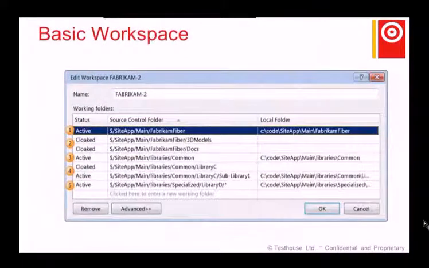So here we have a screen where a simple workspace is going to be defined, and I'll point out some of the things that you can do within a workspace using this screen. You can see there, point 1, every workspace is built up of a series of source control folders and local folders. The source control folders on the left are where the system will find the files on the server, and on the right hand side is where they will be copied to when you do a checkout. Now, an active folder, the default behavior is that the system will check